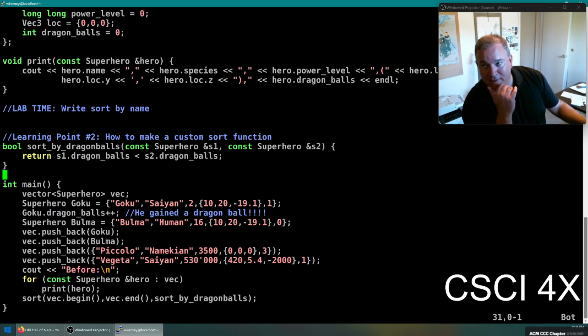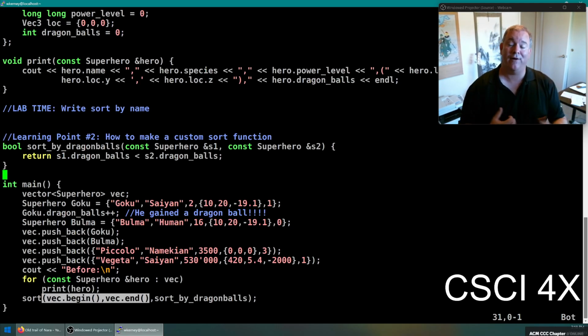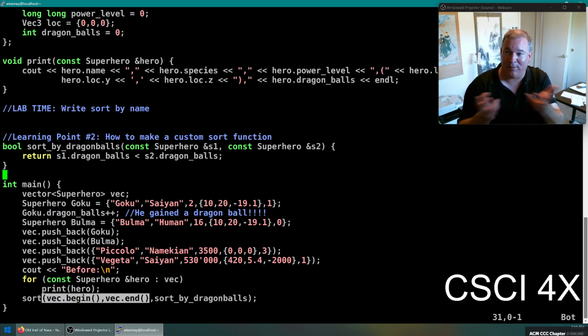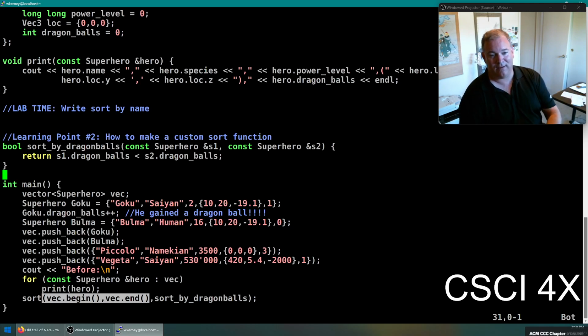And there we go. Do you guys understand? So you say sort from the beginning to the end, and then you pass in the name of a function. You're actually passing the function itself. You're not calling the function. You're not passing parameters to the function for it to call. You actually hand the sort function a function and say, use this function to compare everybody inside of the vector